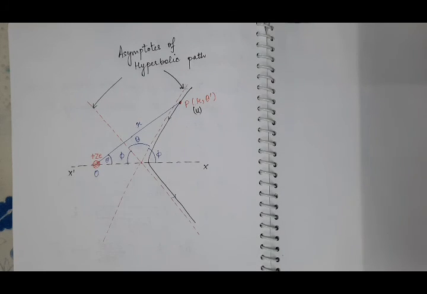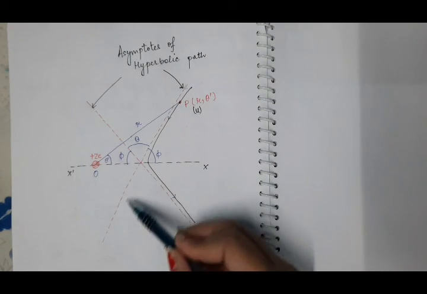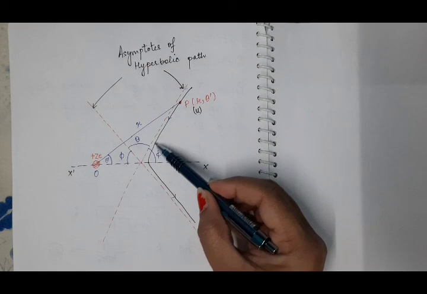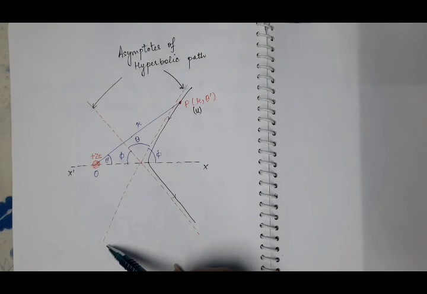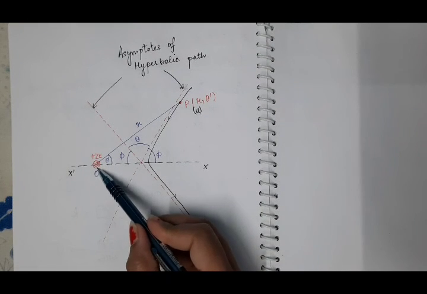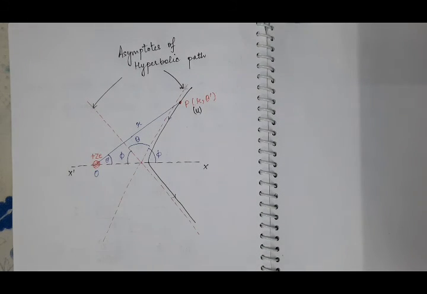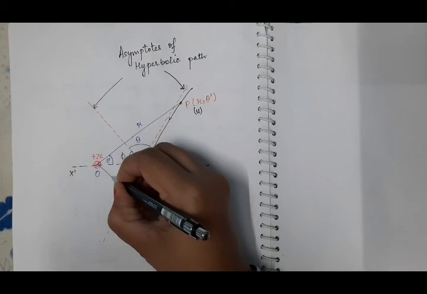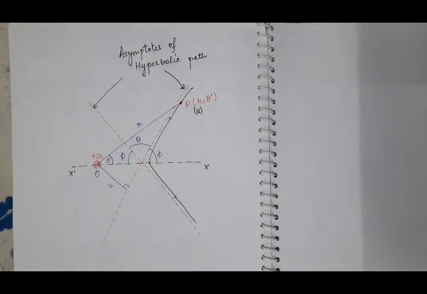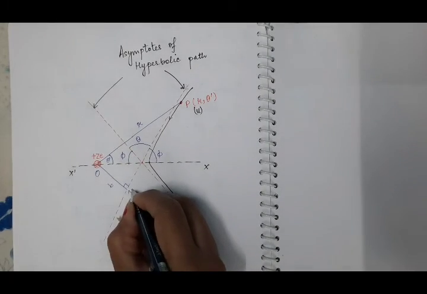And what is the impact parameter? It is the perpendicular distance of the velocity vector. If this particle does not suffer any scattering, then it will move in this direction. Then what will be the perpendicular distance of its velocity vector from this positively charged nucleus, or from the center of the force? It will be this. So this is the impact parameter b. And suppose this is ON.